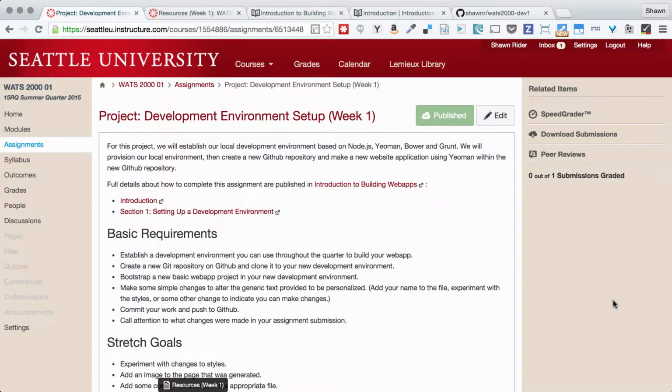So this project is geared around getting our development environment set up so that we can start exploring the tools that we're going to use to build our web application throughout this quarter. So we're going to establish a node-based development environment that uses Yeoman, Bower, and Grunt to run and manage and